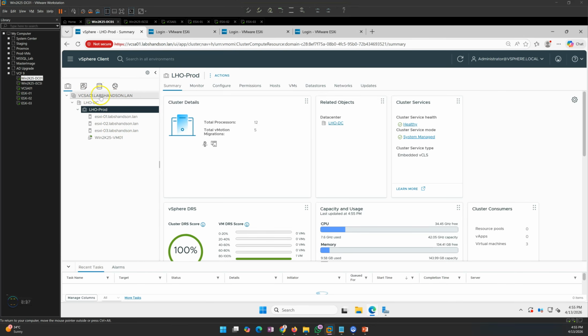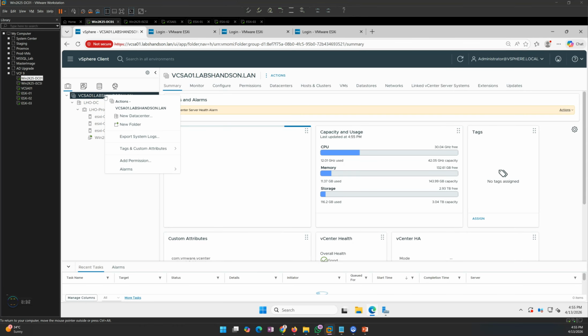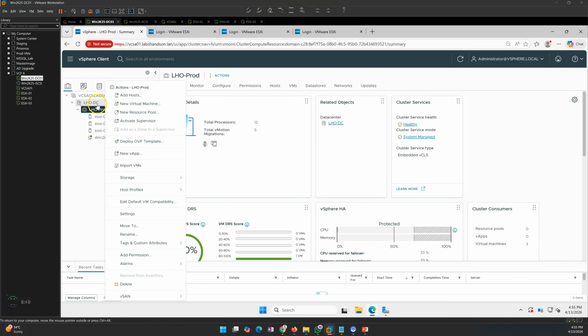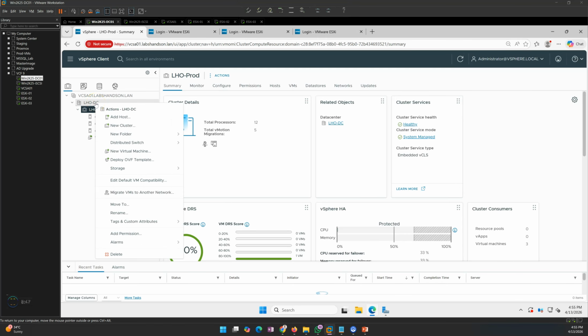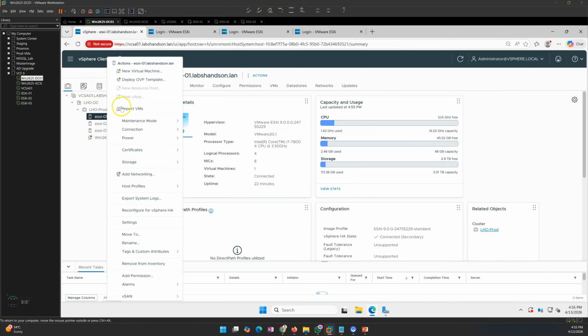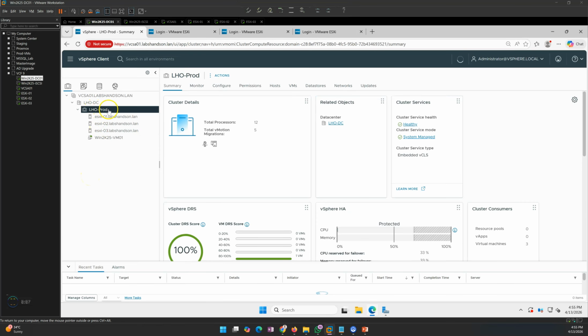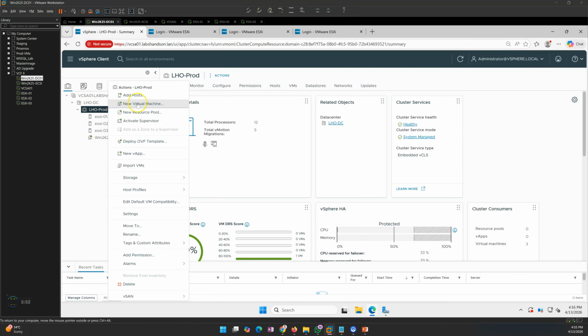To create a virtual machine, you can right click at any place and get the option to create a new virtual machine. You can right click on the cluster, on the data center, or on an ESXi host, and you will get the new virtual machine wizard. I'll go ahead and click on cluster. The cluster will place the virtual machine on the correct ESXi host, since we have DRS and HA